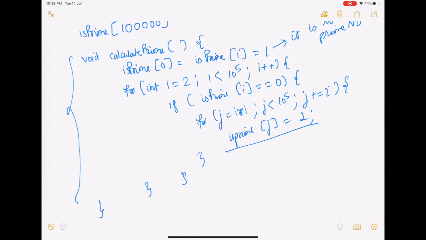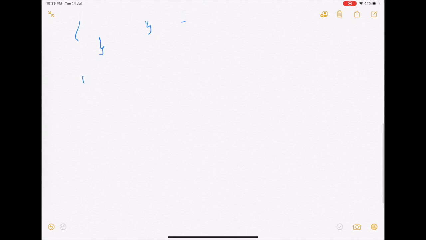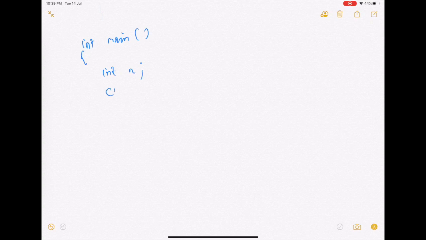In this array, the isPrime table, it pre-populates the values of whether a given number is prime or not, and then we can use this array to solve all the problems. And how do we solve them? Let's say we have a function called int main. If there is a number n that we have read,